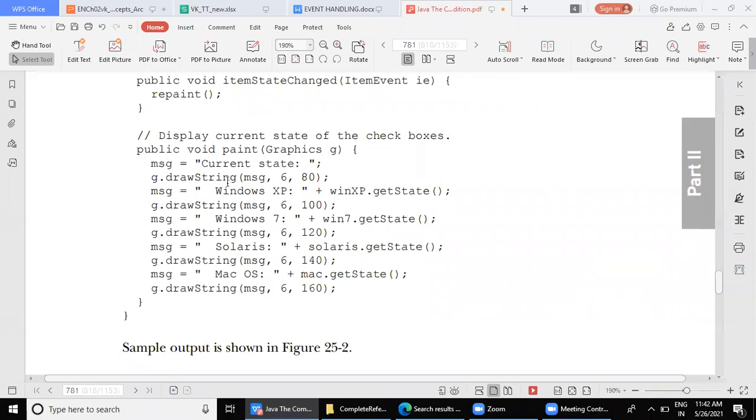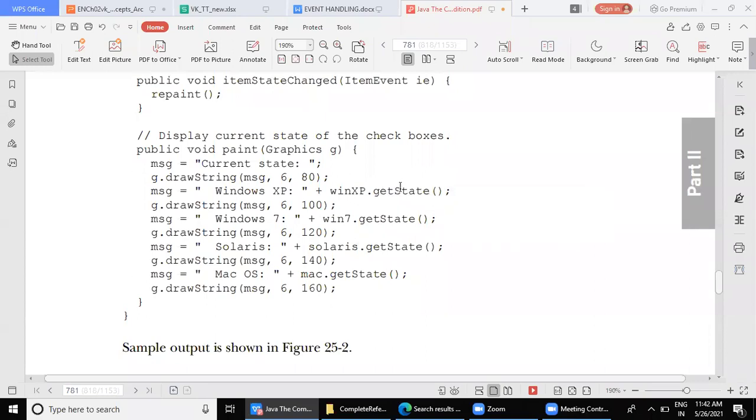It is going to be common irrespective of whichever checkboxes we have checked. I'm going to display that current state here. Then second, how will I know whether the checkbox is selected or not? Which method are we using? getState. The getState method will return a Boolean value depending on whether the checkbox is checked or not.